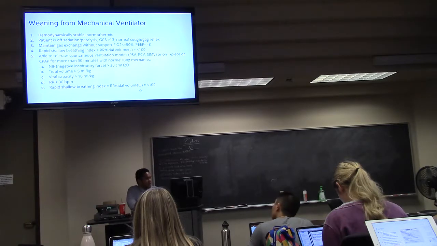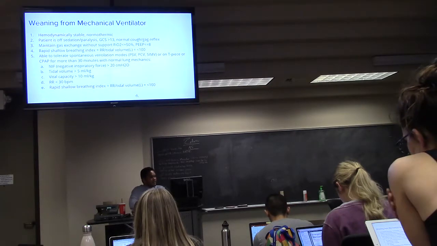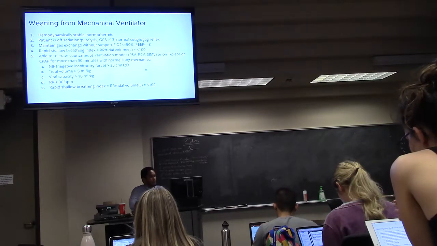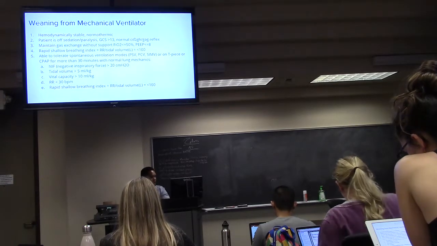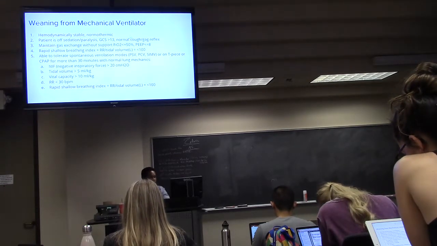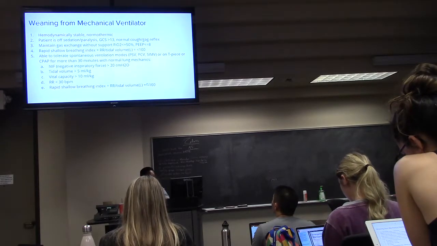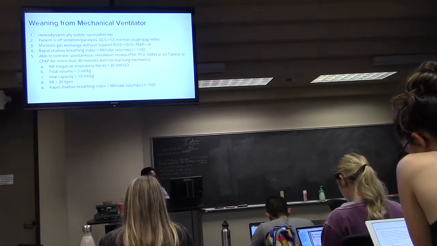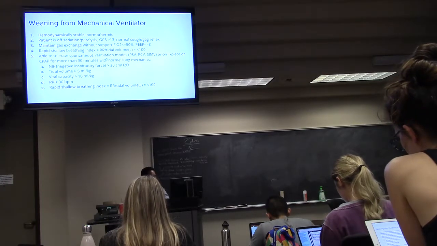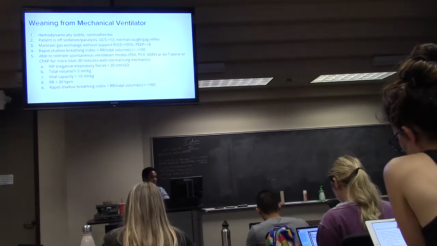And then, the way that you know that the patient is ready to be weaned from the vent is that they're not requiring too much mechanical ventilation. So say a patient that is lightly sedated or completely awake, and they're not requiring too much FiO2 or too much PEEP, or they're able to pull normal tidal volumes on their own. There's also something called the rapid shallow breathing index. Basically, the respiratory rate over the tidal volume is below 100 or 105, and they're able to breathe,